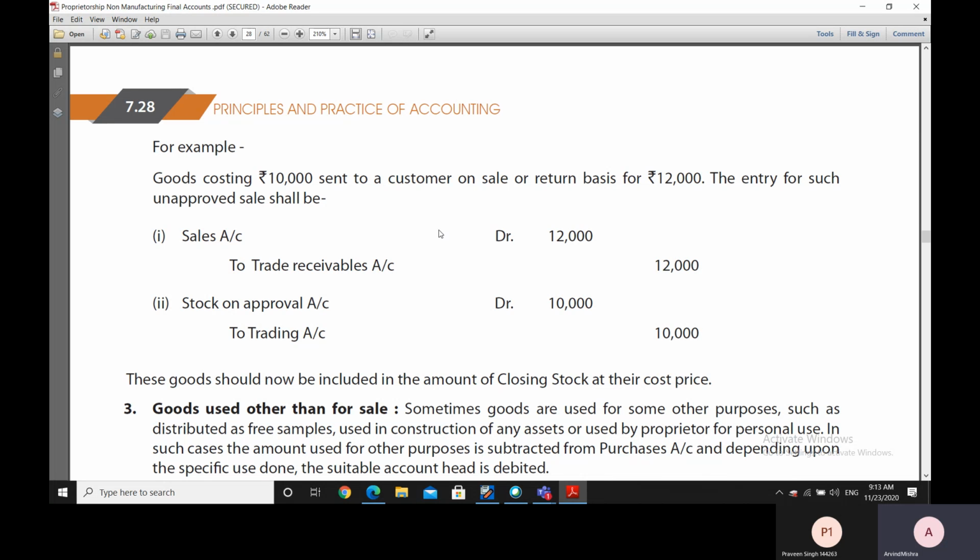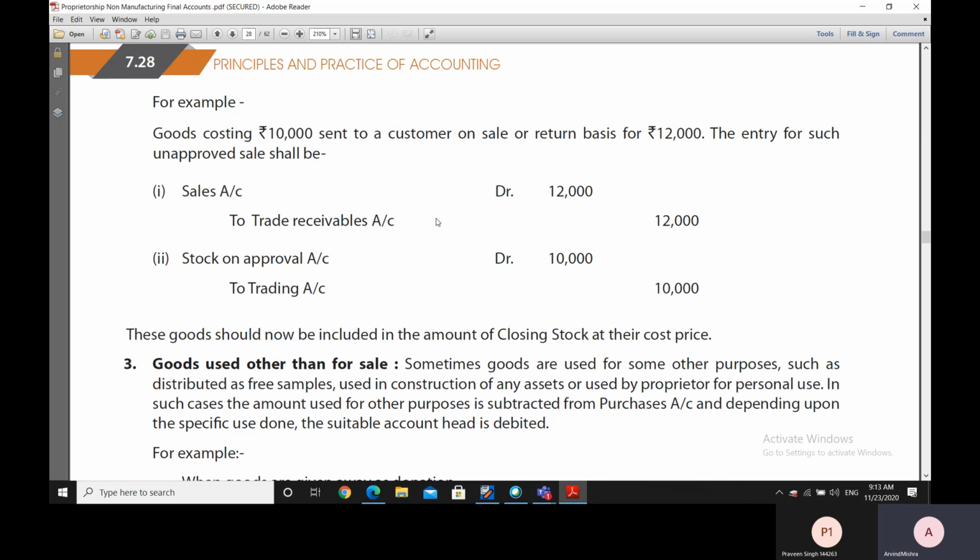Sale is as yet unapproved. So therefore we need to reverse the sale entry, because when we had sold that amount, we had credited sales and debited the trade receivable account, but now we are reversing that entry by debiting the sale and crediting the trade receivable account. Having cancelled the sale by making this entry, we will write the entry for approval.